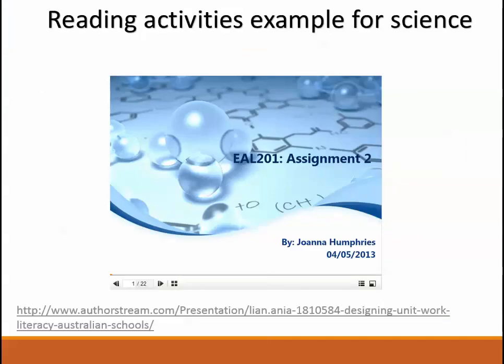Joanna Humphreys produced this assignment for EAL 201. I used to teach it until I didn't want it anymore for whatever reason. So you can have a look at what different resources she used and what different aspects of the scientific text she focused on to compare and contrast scientific text with a newspaper article or some other article, right?